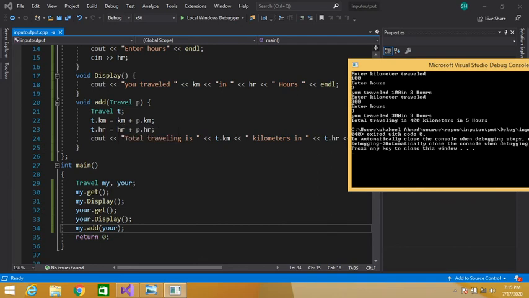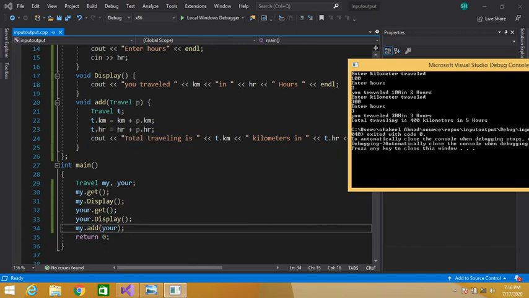So this km contains 100, and for p.km we have passed the second object, in which we have entered 300 in kilometer. So 100 plus 300, that is 400. So 400 is stored in this t.km, total kilometer.